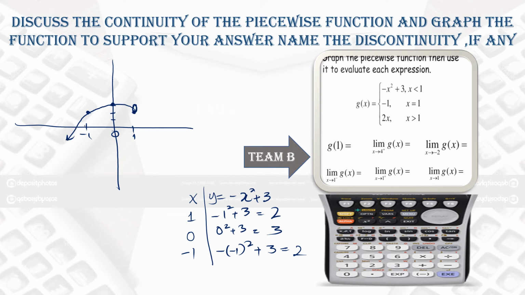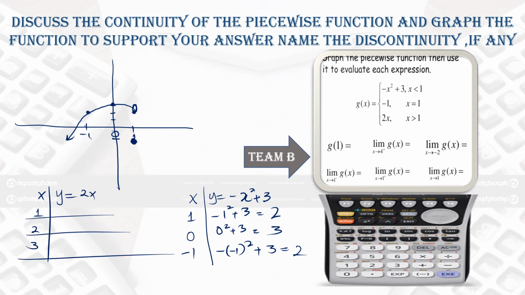Now let's make the second graph, which is saying that x equals 1, it is equal to -1. So on the 1 the answer is -1, exactly a point, because this is only one point. Now we have another thing, that x is greater than 1. Greater than 1 means you will use the equation 2x, but we will start from 1 and take the bigger side. So 1, 2 and 3. So 2 times 1 will give you 2.